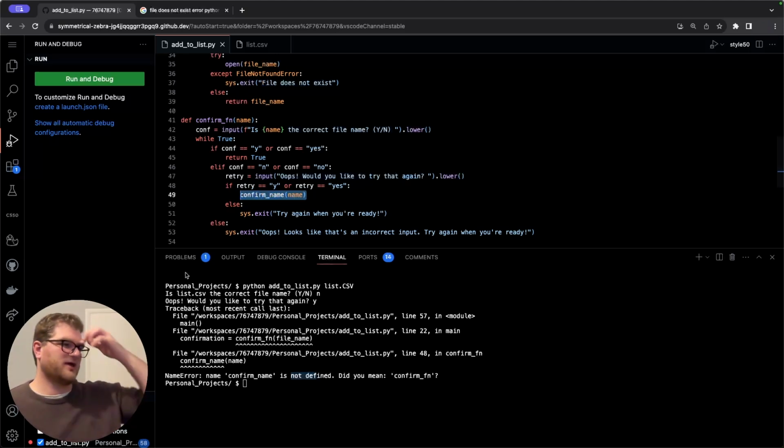So how would I go about that then? Let's have a think. So if confirm is equal to yes, return true. So that's then breaking out. That should break out of the loop and just send it back. Yeah, because that's just a confirmation. And then else if it's no or n,